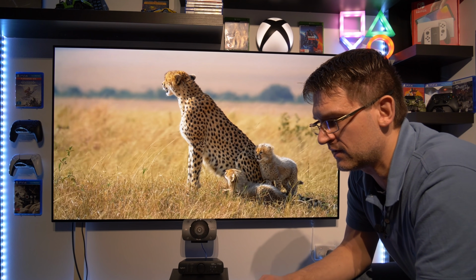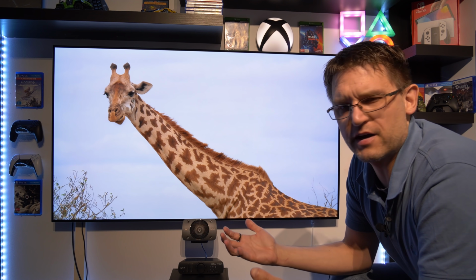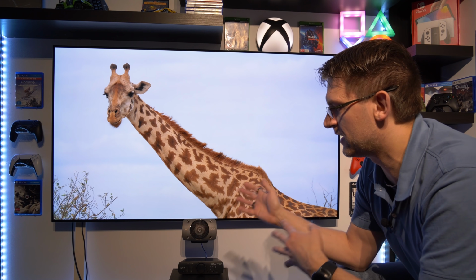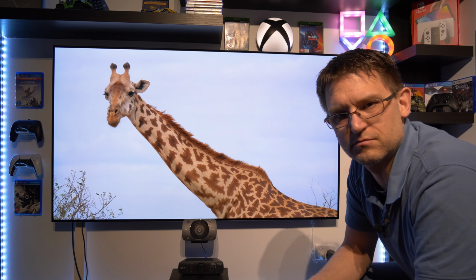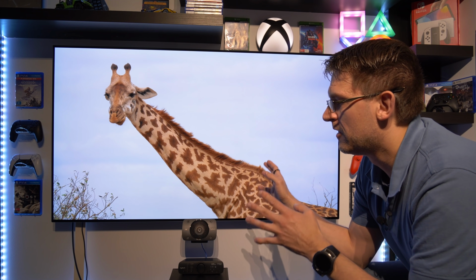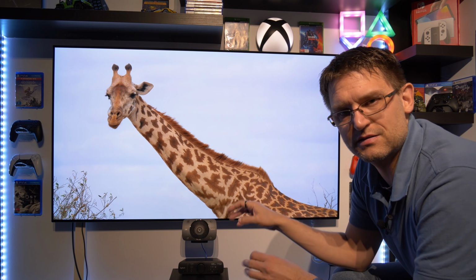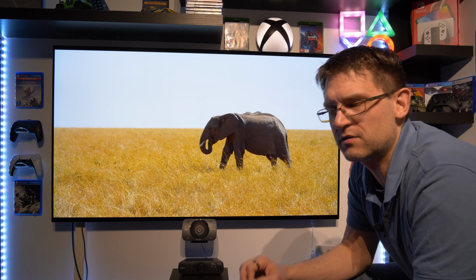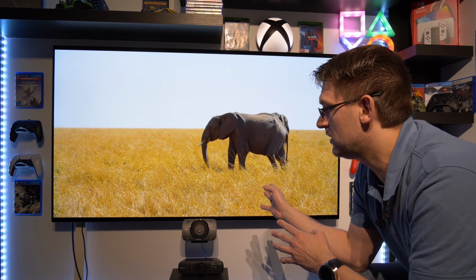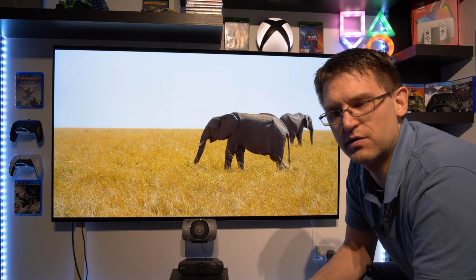My point is clear. If you ask me, do I have to be concerned about burn-in? I'm playing computer games on my TV. No, not at all. If you're not displaying your desktop screen for hours and hours and days, then no, you don't have to be concerned at all. If you use this TV or any other OLED TV for a PC monitor,